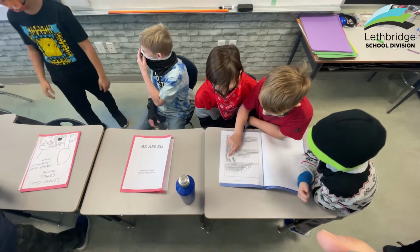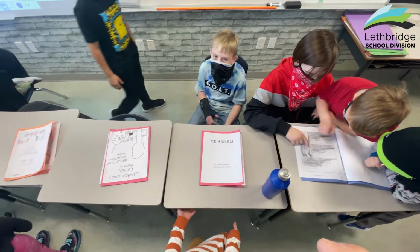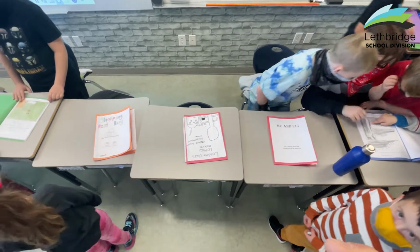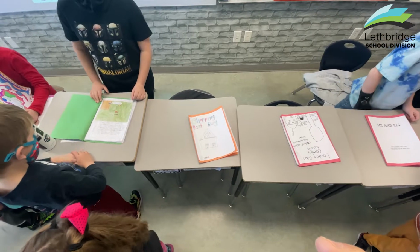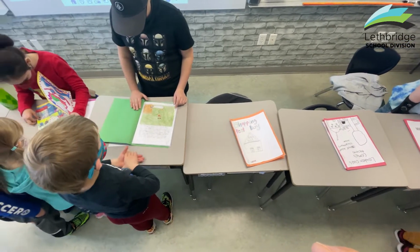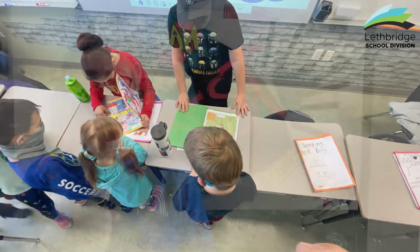We've actually been spending quite a bit of time looking at graphic novels, and we started by looking at them as readers to see how we can effectively read a graphic novel, making sure we're understanding how the pages are set up. And then we looked at a lot of mentor texts and used graphic novels to guide us and give us some inspiration for creating our own comics and our own graphic novels. And it was a really nice way to take what we learned about reading graphic novels and then apply it